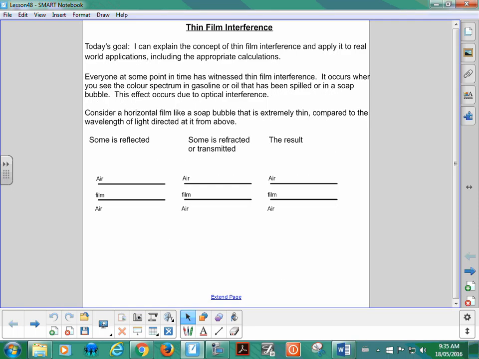So what happens is we get our incident ray. We'll assume we're just going to look at one light ray coming in and striking the surface. So some of that light gets reflected. So your angle of incidence, theta I, equals theta R, the reflected light. Okay, so some of it's reflected. Now some of that light ray can be transmitted. So we still get the reflection, so some light rays get reflected, but some can get transmitted